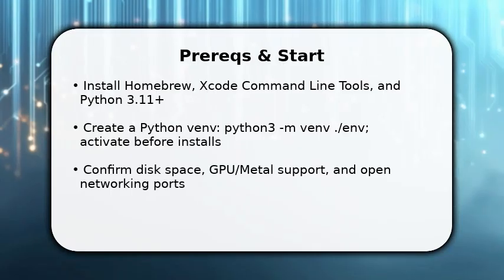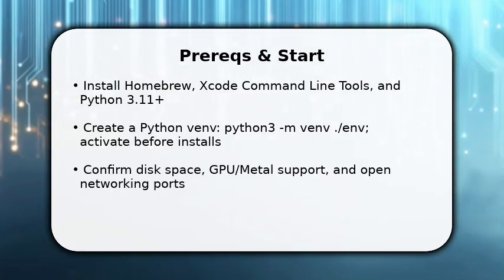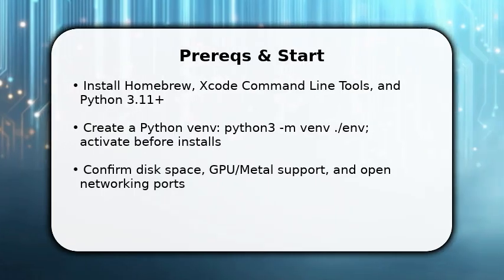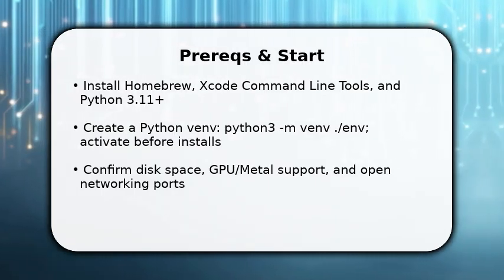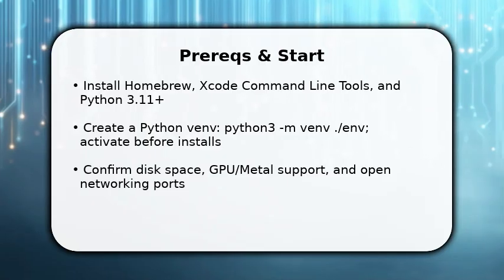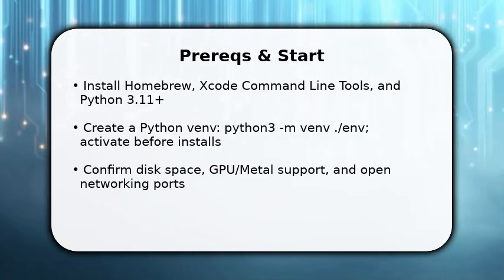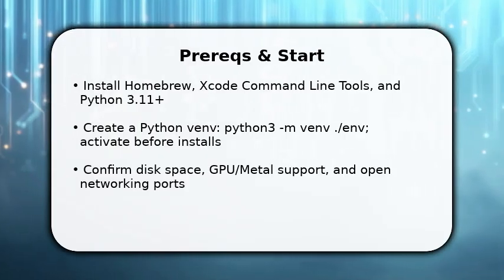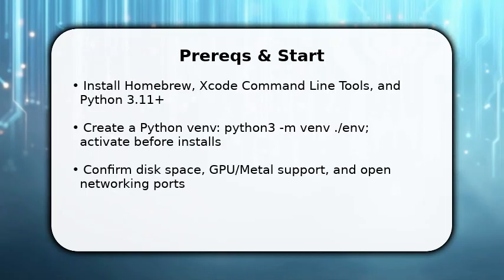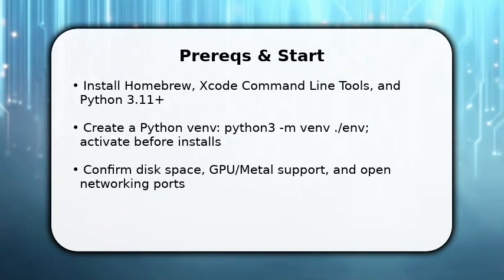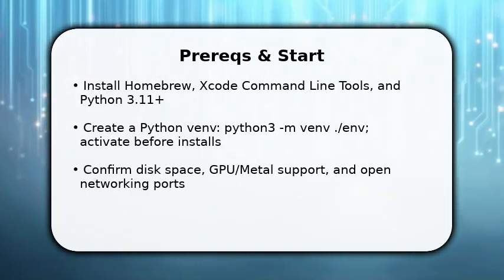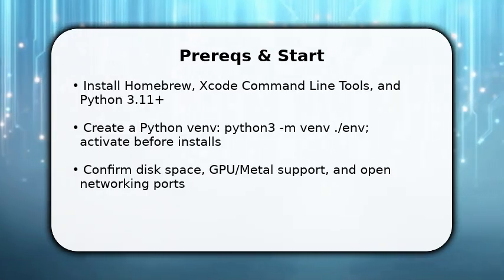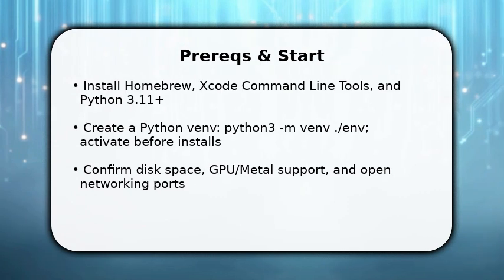You need a few essentials first, so install Homebrew and run xcode-select --install. This gives you compilers. Once done, install Python 3.11 or newer with Brew, then create and activate a virtual environment to isolate packages. Make sure your Mac supports Metal if you plan to use GPU acceleration, and confirm you have free disk space for models. Now that the environment exists, you're ready to pip install required libraries and proceed to fetch the Playground